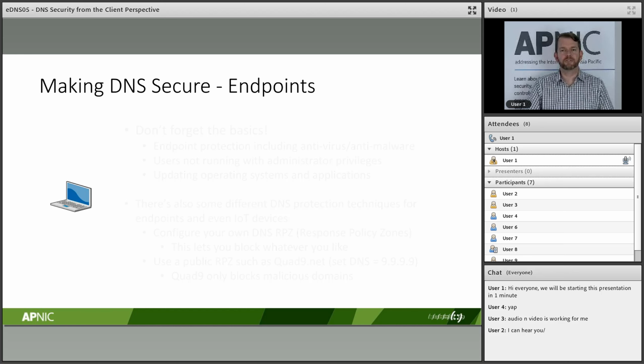And there are also free and paid sources of information where you can get feeds of domain names, so you don't have to manually configure which domains are malicious and should be blocked. You can bring in these feeds from more authoritative security sites. Now, if you don't have access to configure your own DNS RPZ, say that you're doing this in a small